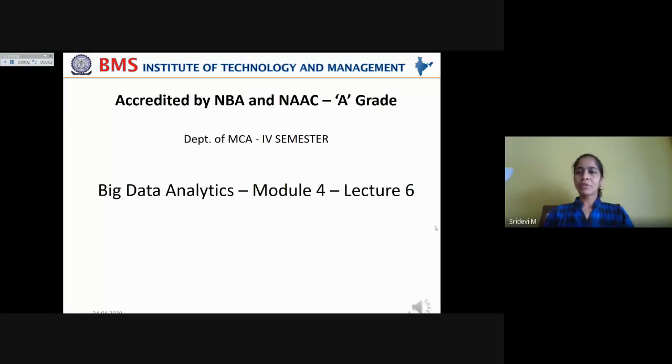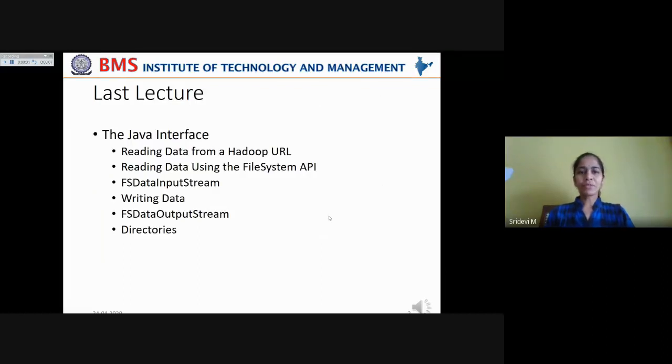Welcome to this sixth lecture under module 4. In the last lecture, we have seen how to work with the Java interface in order to read the data from a Hadoop URL and reading data using the file system API directly. And what is the importance of FS data input stream?